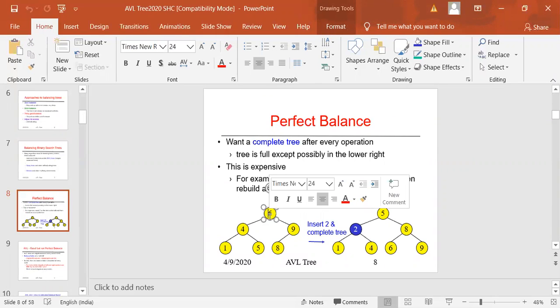This is clear. If you want perfect balance after every operation, the tree must be full, which is expensive and quite difficult to do. For example, insert 2 in the tree. After insertion of the 2 here,